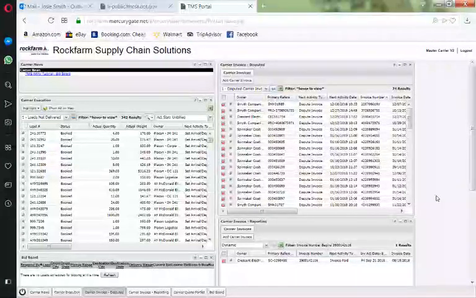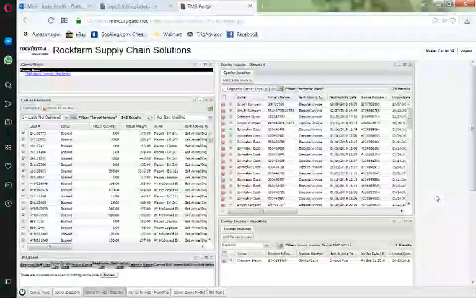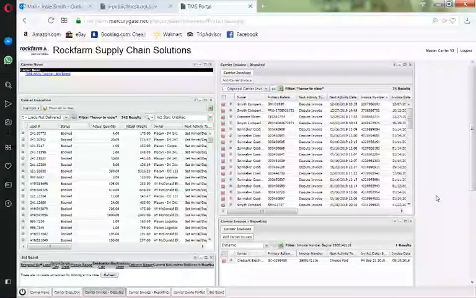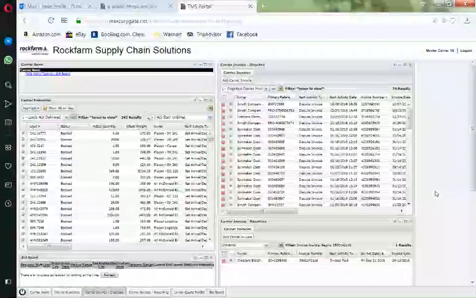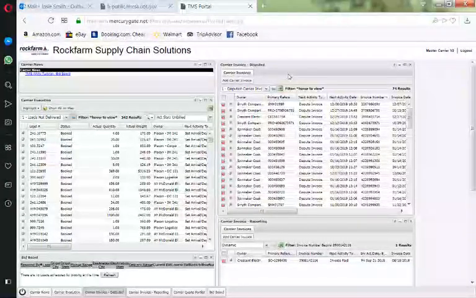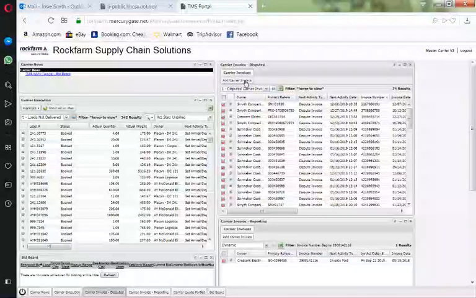Once your invoice is entered, please email corresponding paperwork to accounting@rockform.com. Adding a missing carrier invoice will need to be executed within the Carrier Invoice Disputed portal. You'll need to click on Add Carrier Invoice,